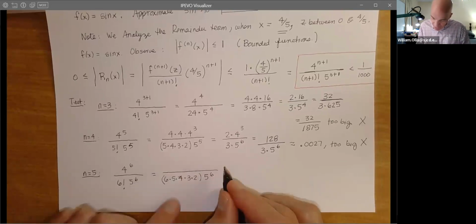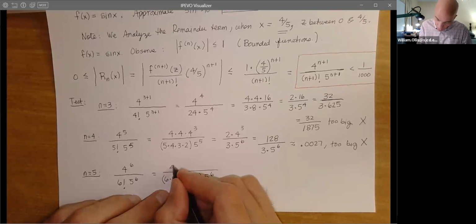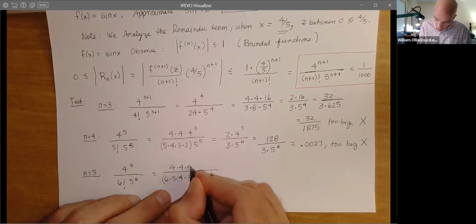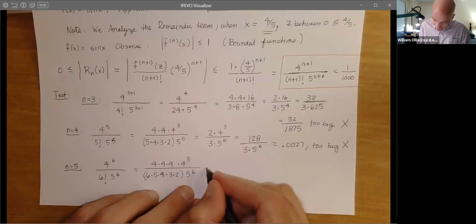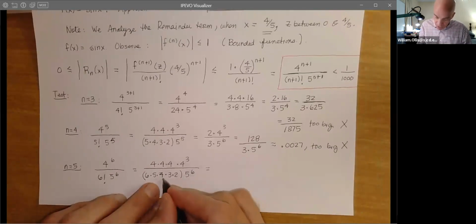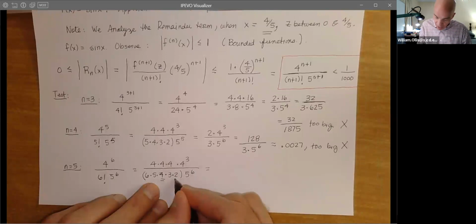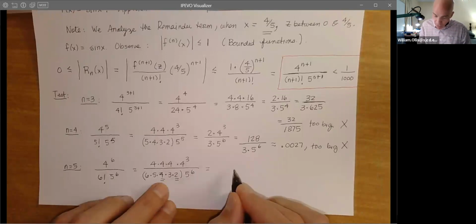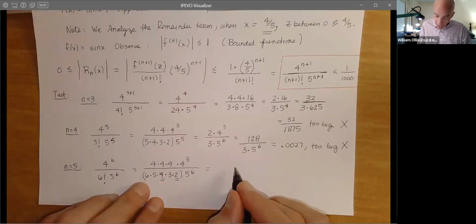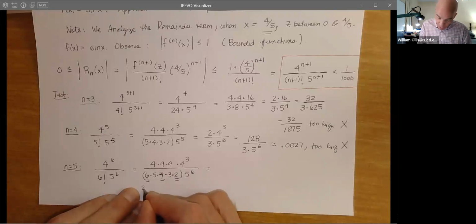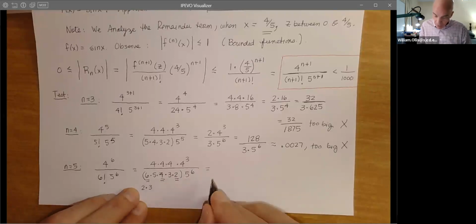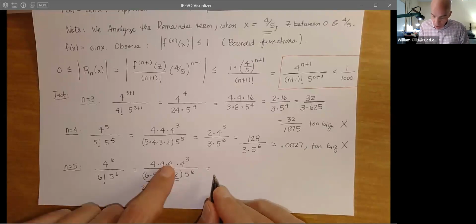And then, of course, the same thing going on here. We got a 4 times a 4 times a 4 times 4 cubed. So now notice here the 8's going to go. So that 8 is going to be gone. And then we're going to have another 2 in here. So this will be a 2 times a 3. So we've got a 16. So all of that's gone.